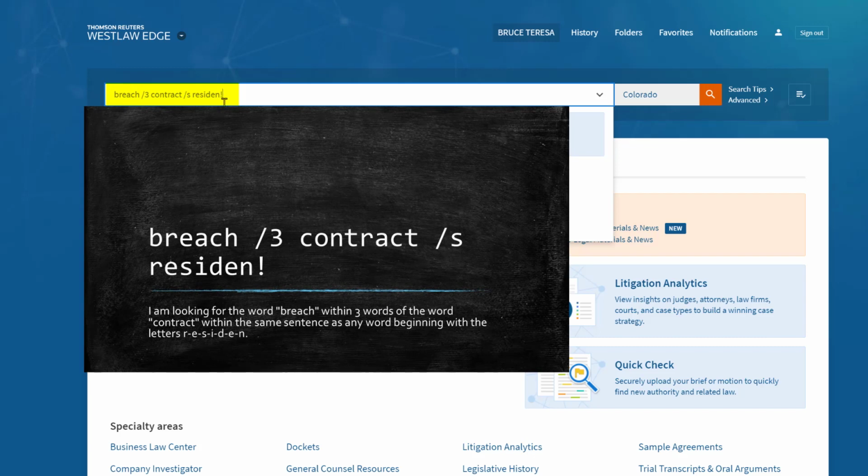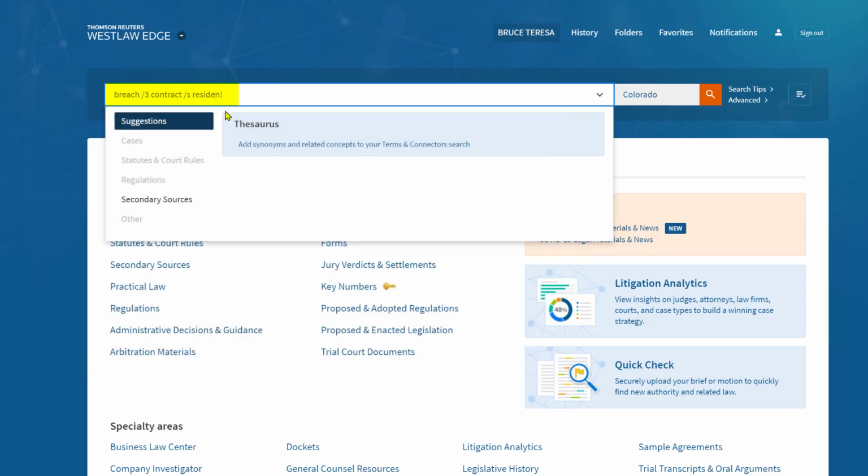Second, the exclamation point, it's that wildcard I was talking about. It means that I want any word that begins with RESIDEN. The ending could be anything. So that could include residence, residential, etc. You already know that /s means within the same sentence of. If we run our search,